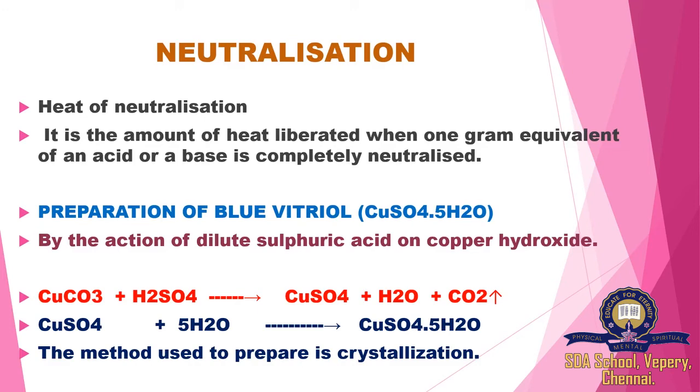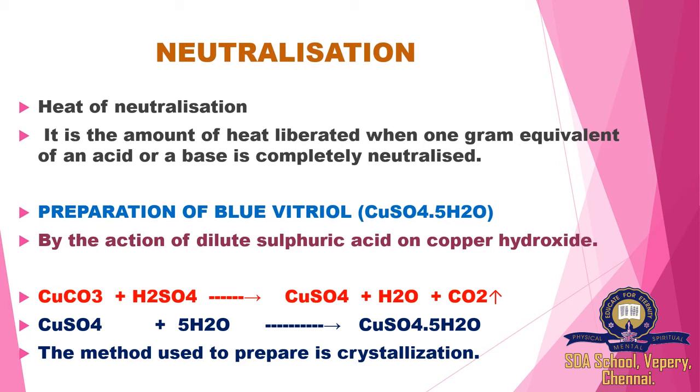Next, preparation of blue vitriol. Blue vitriol's formula is CuSO4·5H2O. Otherwise, we can say it is copper sulfate pentahydrate. It is prepared by the action of dilute sulfuric acid on copper hydroxide. So here